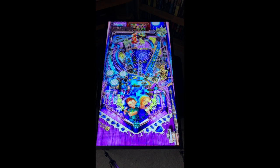So yeah, some really nice tables in Zen Pinball. There's all sorts of cool stuff goes on. Oh, didn't get that ramp, but anyway, this isn't me playing pinball kind of video. But